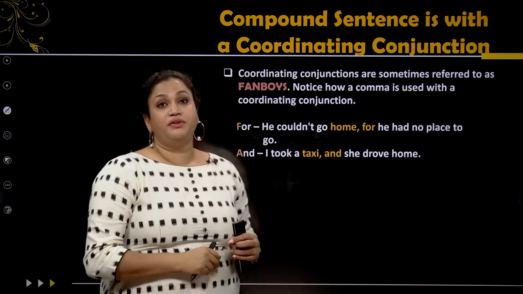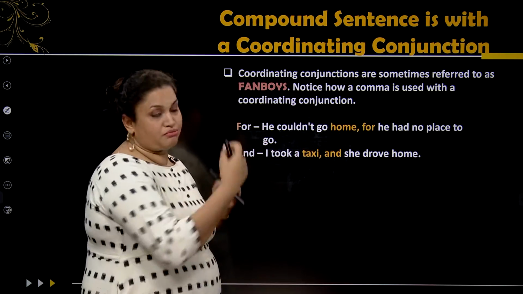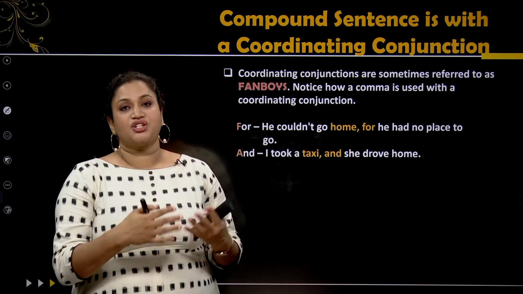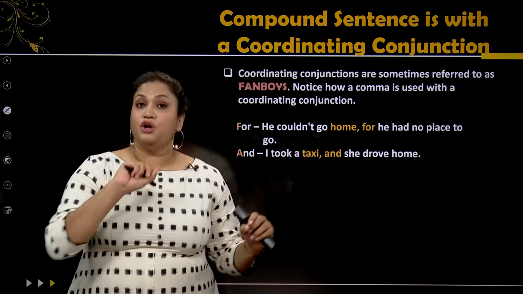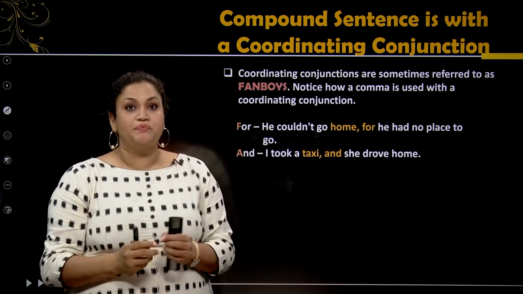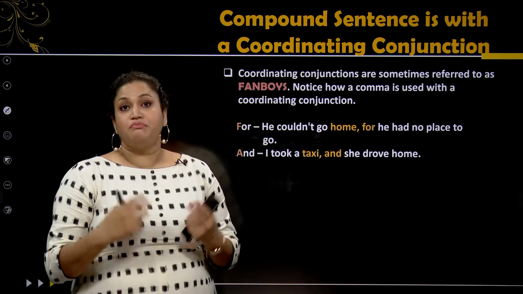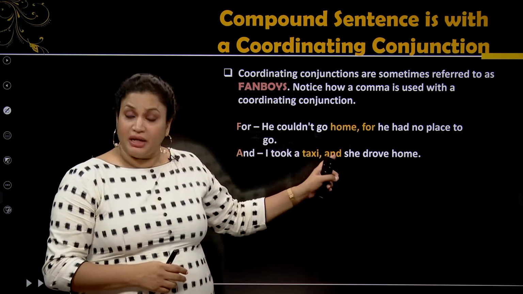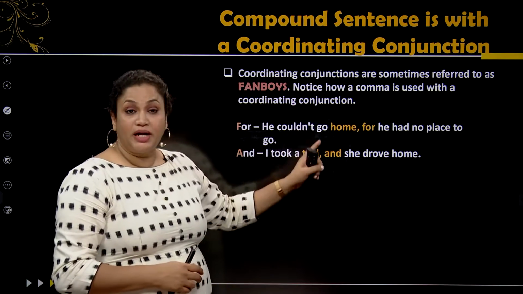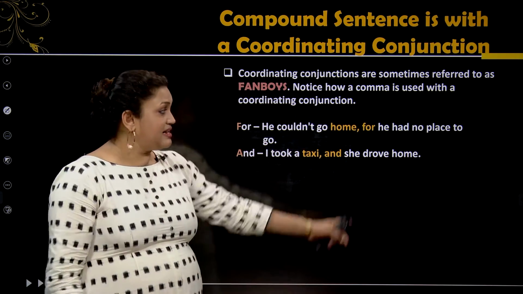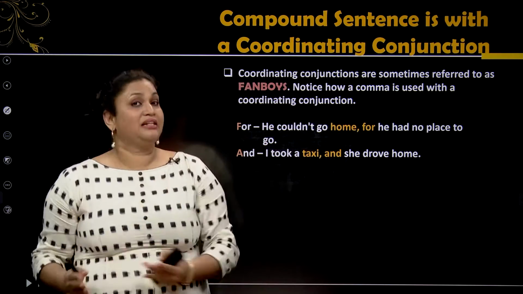So therefore, whenever we are using this, the comma is not used in the British kind of system. When I am saying she's bold and beautiful, I need not use a comma with the "and," because both of them are positives and there is no need to add a comma. But here there are two independent sentences. "I took a taxi" is one independent sentence and "she drove home" is another independent sentence.